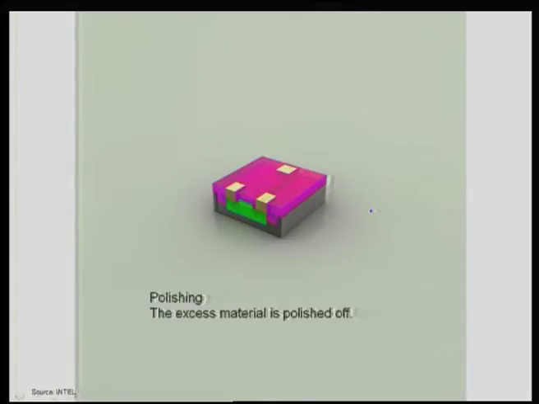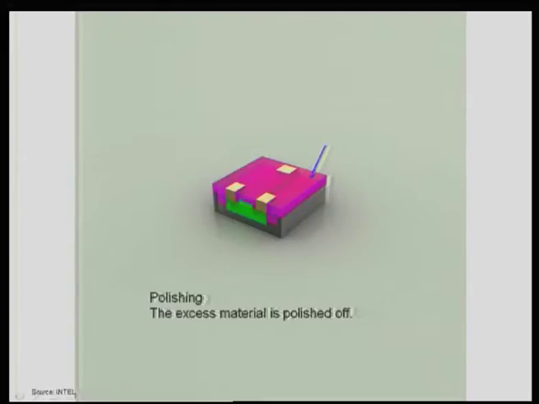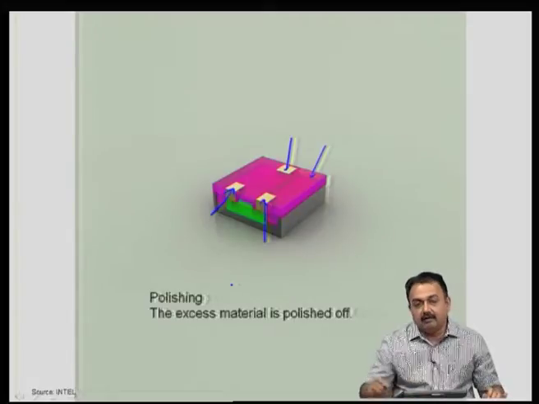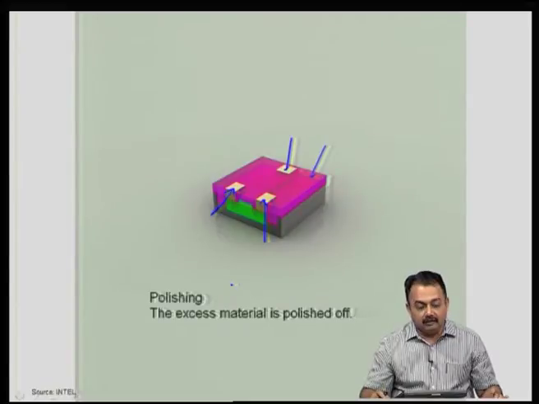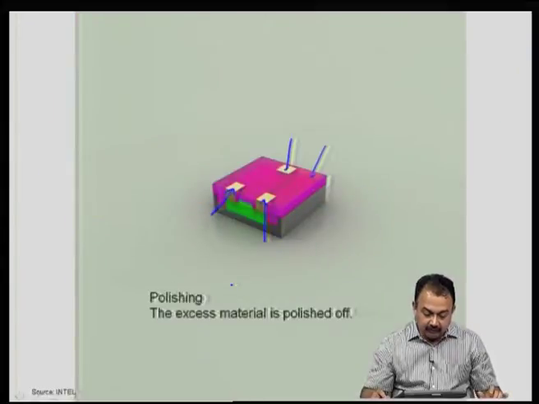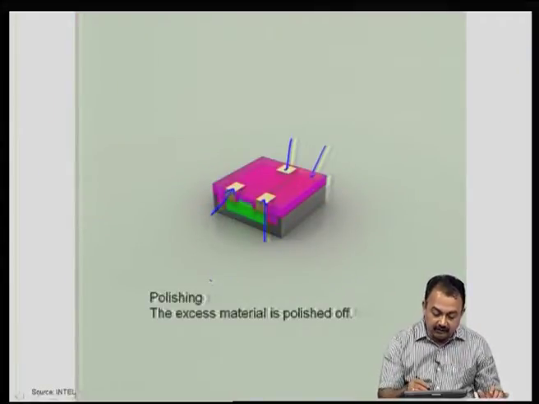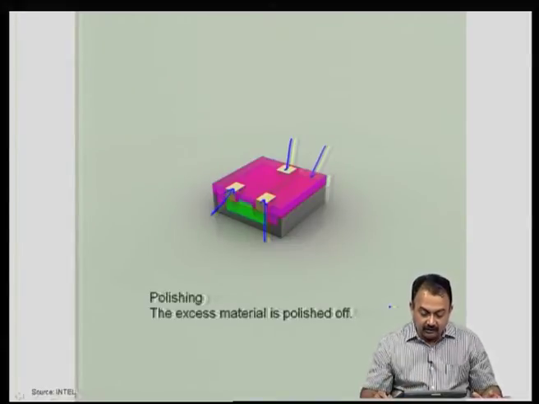as it is known, chemical mechanical planarization, and the excess material that you saw in the previous slide here will now be polished and removed, and finally, you will get only the required amount of copper that is now acting like a plug for your source and the drain and the gate of the transistor. Therefore, this polishing is going to be a very important step,